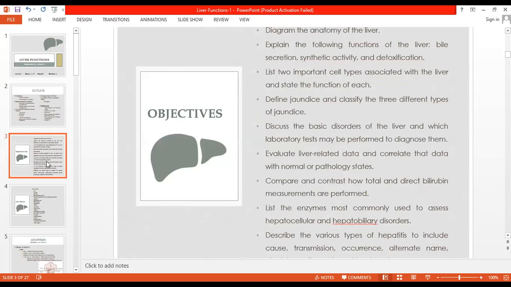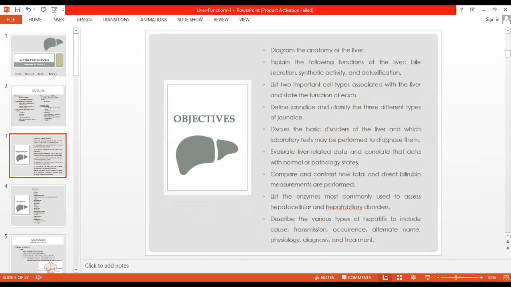The liver function objectives. We have illustrating the diagram of the anatomy of the liver, explaining the following functions of the liver: bile secretion, synthetic activity, and detoxification. List two important cell types associated with the liver and state the function of each. Define jaundice and classify the three different types of jaundice, discussing the basic disorders of the liver and which laboratory